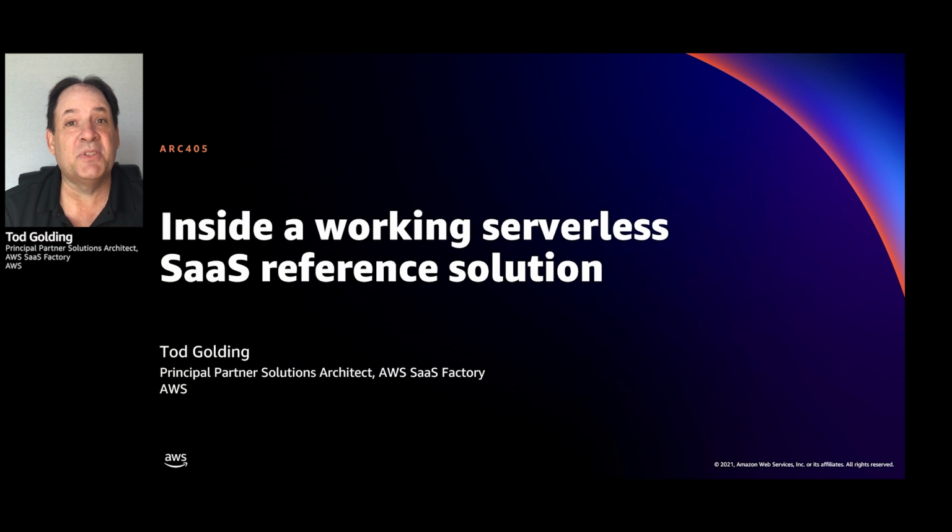As the slide says, my name's Todd Golding, and I'm a Partner Solutions Architect here at AWS, and I'm part of a team that's called the SaaS Factory, and that team builds, delivers, optimizes SaaS solutions on top of AWS. And over the last few years, we've been building a lot of content around SaaS best practices, white papers, blog posts, targeted solutions. So we've shown people how to do data partitioning and isolation and these pocketed solutions.